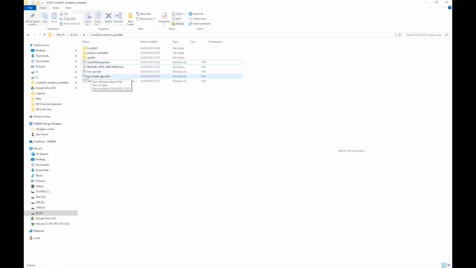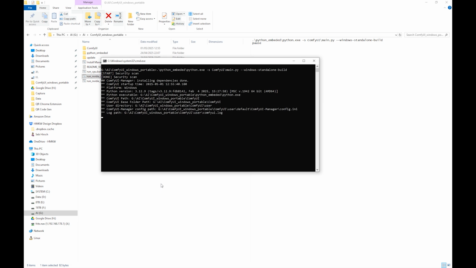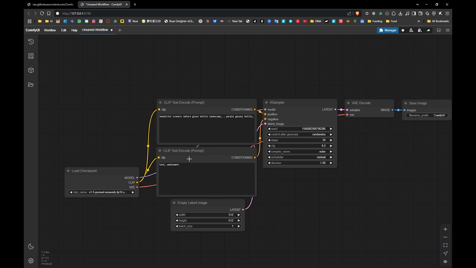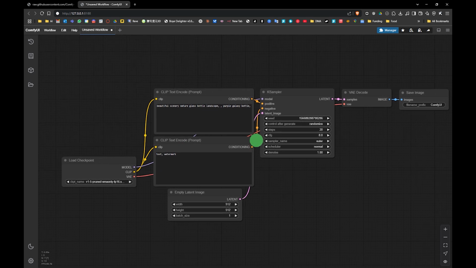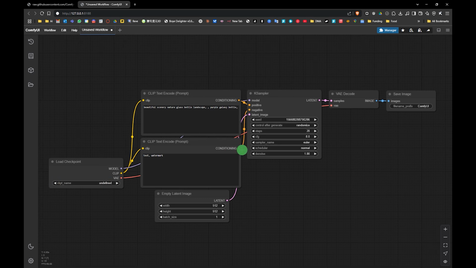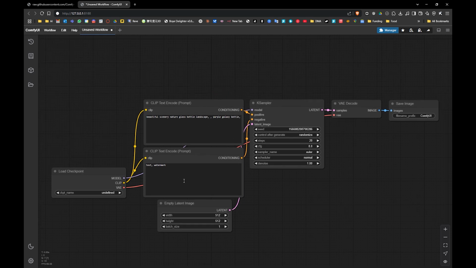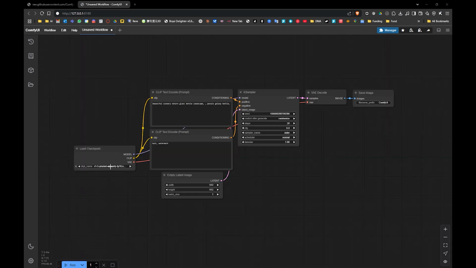Then we can run the run Nvidia GPU.bat. Again, a window will pop up, something like this, and it will start ComfyUI for the first time. It also takes some time. This is probably what it looks like when you start it up the first time. I'm actually not sure if it comes with a model. Probably not. So if you want to run it now, it probably won't work because you don't have any models installed. So the first thing we need to do is find a better model or find one at all,